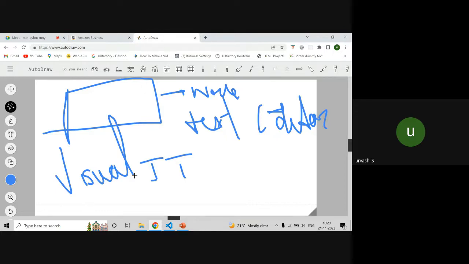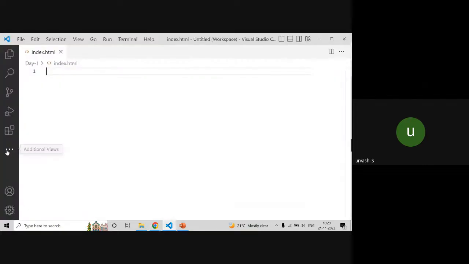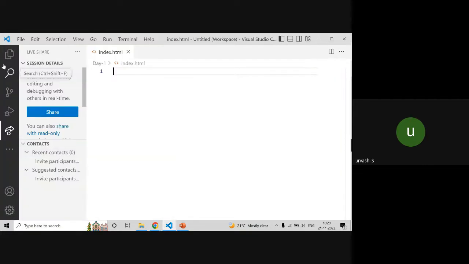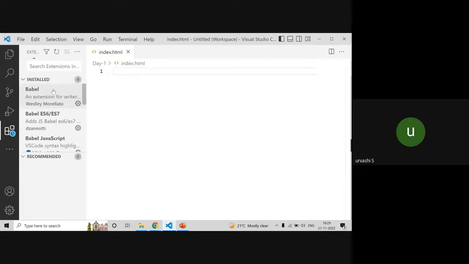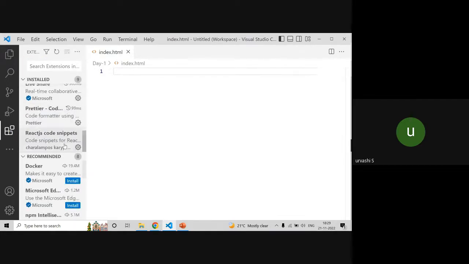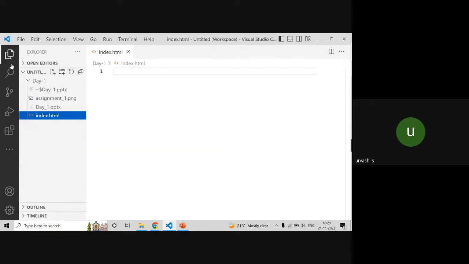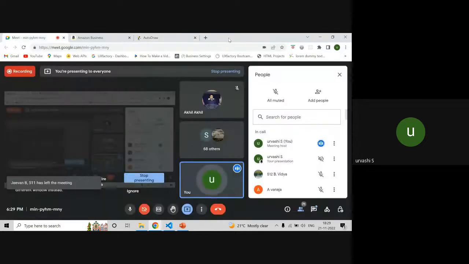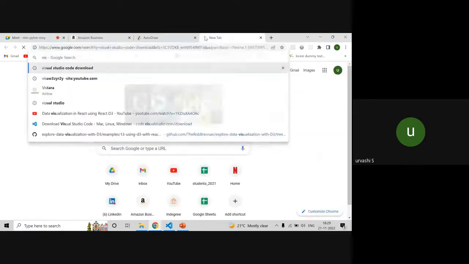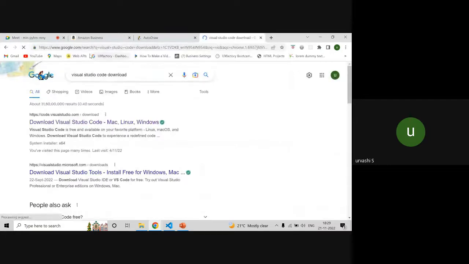And there are so many features that we have. We can integrate our GitHub here. We have Live Share. We have so many extensions available here to download. Here you can see you can actually download so many extensions. That is the reason we are going to use Visual Studio Code. So I want you to install that. I'll give you the link. You can start downloading it.